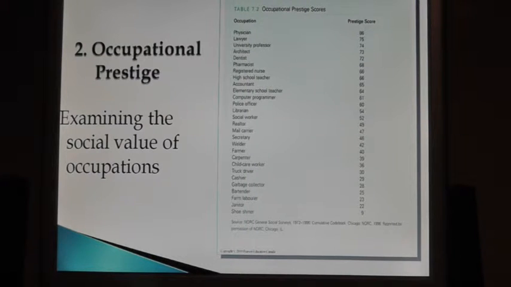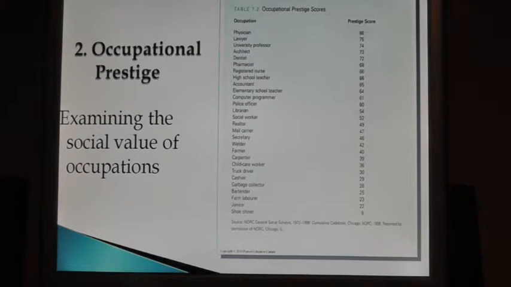Under the physician is a lawyer, then a university professor, an architect, and each of those has about, where the physician had 86 prestige points, the lawyer will have 75. The university professor will get 74. So they have a relatively high amount of occupational prestige, of status that they get as a result of what they do in society. So if you think about it,